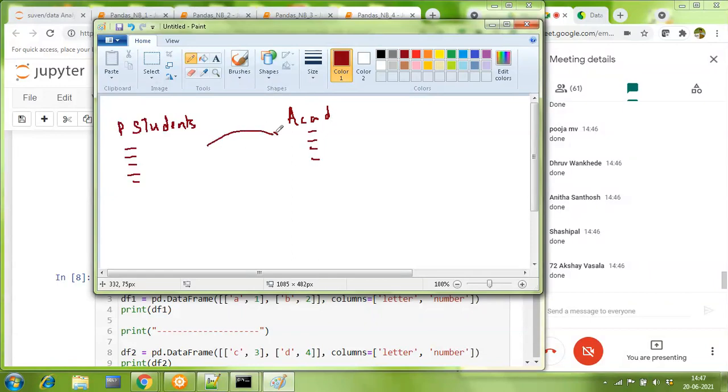The thing which links both of them together, the personal student database and the academic student database, the common column which links them together is probably the roll number or the enrollment number of the student, because the enrollment number remains unique in an entire school or college or university. So this column can act as a common column between these two tables to link the records.